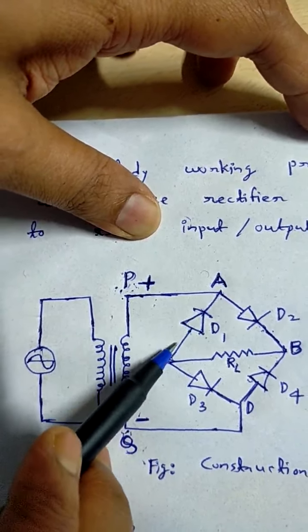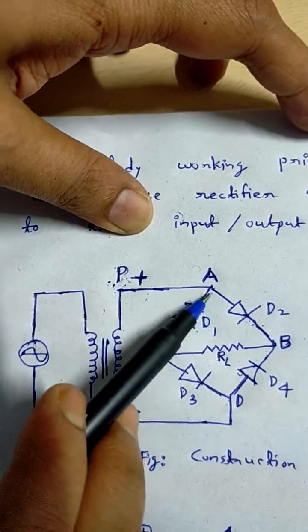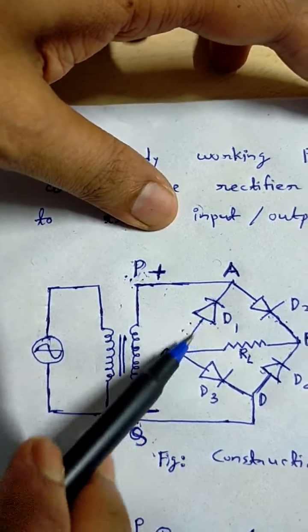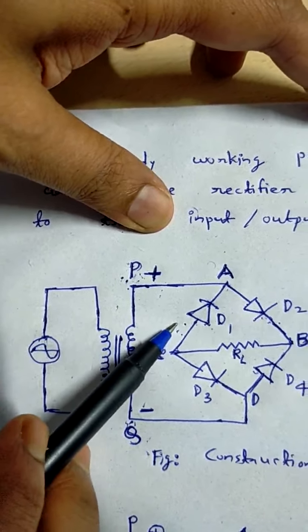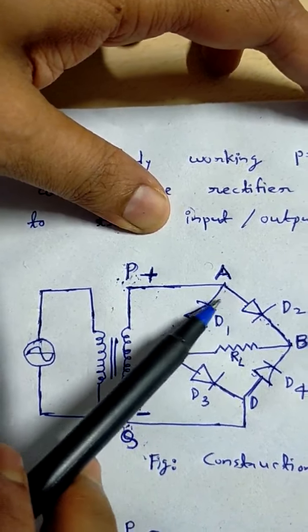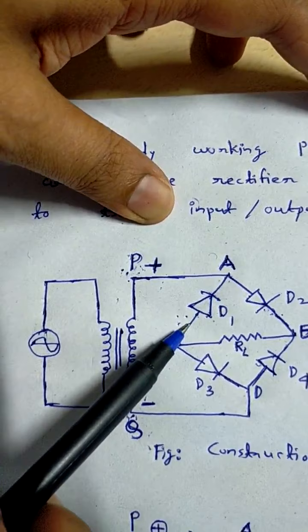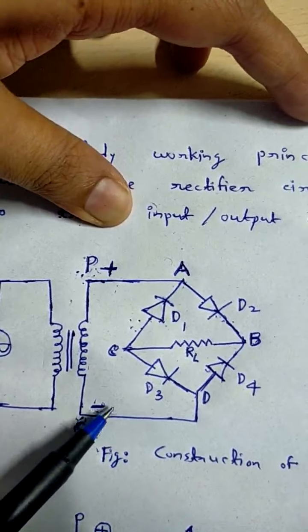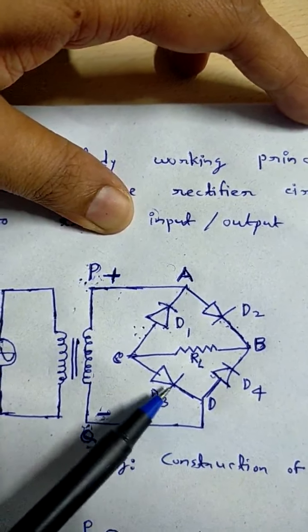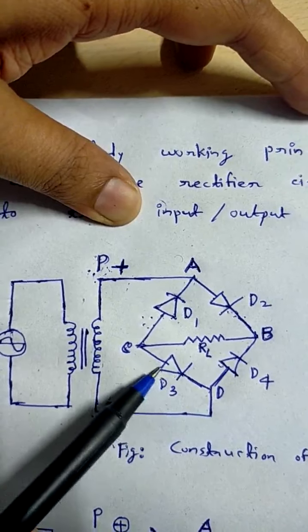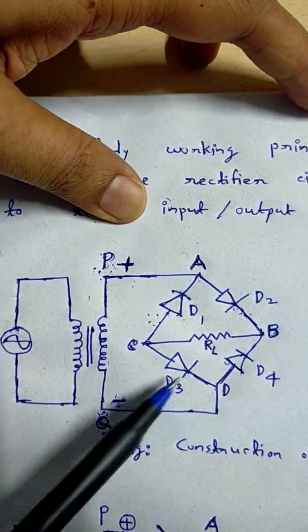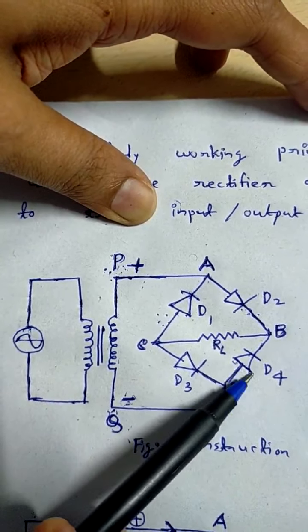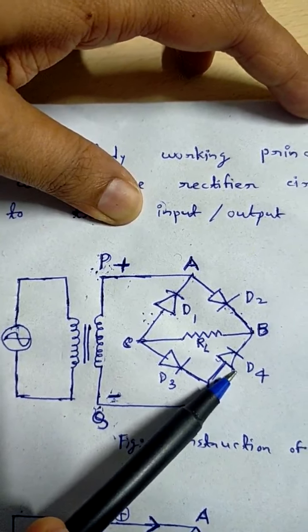Similarly, diode D1 will be in the non-conducting mode. So diode D2 will be forward biased, diode D1 will be reverse biased. As it is reverse biased and we are considering the ideal case of diodes, we can consider diode D1 acts as an open circuit. Similarly, at that time, this is the negative terminal, this is the negative potential. So with respect to this, diode D3 will be in conducting mode, so diode D3 will be forward biased. And with respect to this potential, diode D4 is, see, this is the positive terminal, so diode D4 is in the non-conducting mode, that is, diode D4 will be reverse biased.